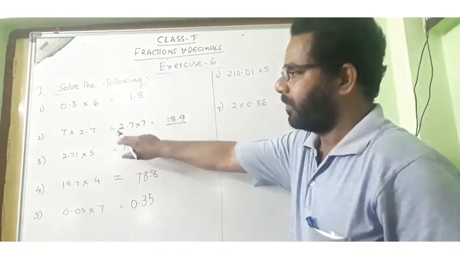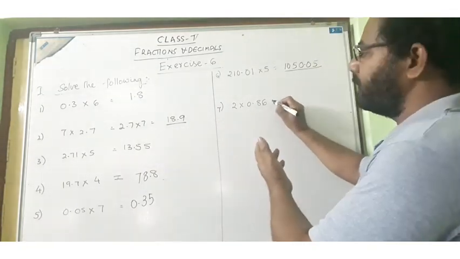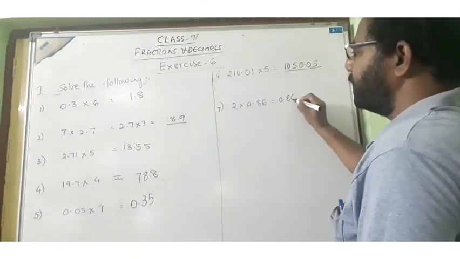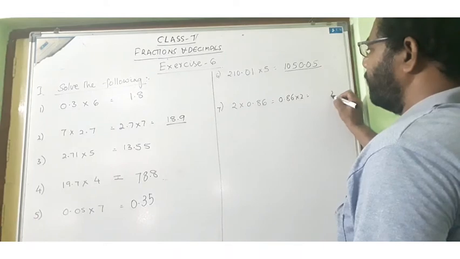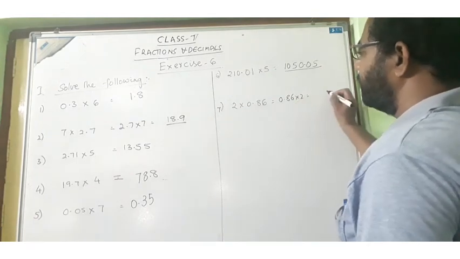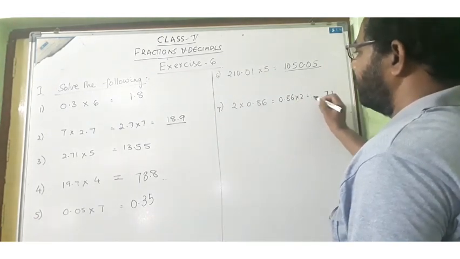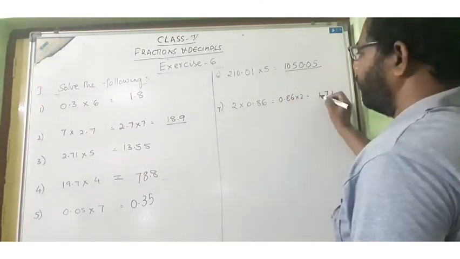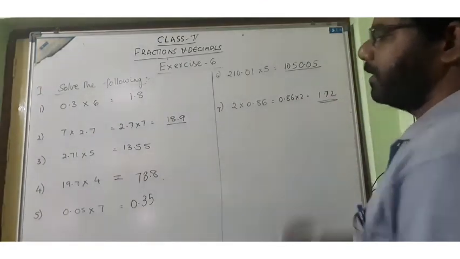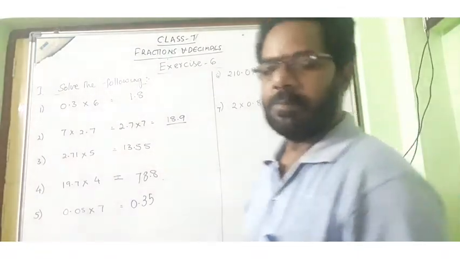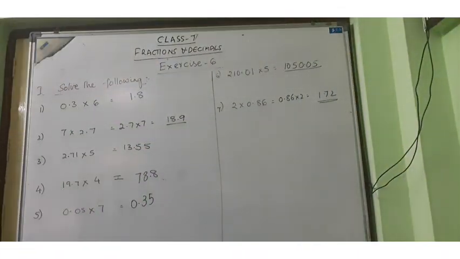2 into 0.86. Like this. If you can do it easily, otherwise no problem. 0.86 into 2 is equal to 2 6 ja 12, 2 8 ja 16 plus 1, 17. 2 0 is 0 plus 1, 1. After the decimal, 2 digits are there. This is equal to 1.72. Okay. Please pause the video and note down these sums in your classwork. I have given you all the sums of the first Roman.